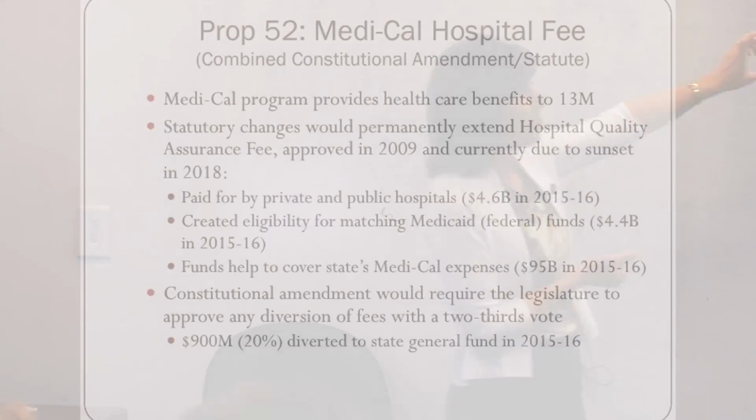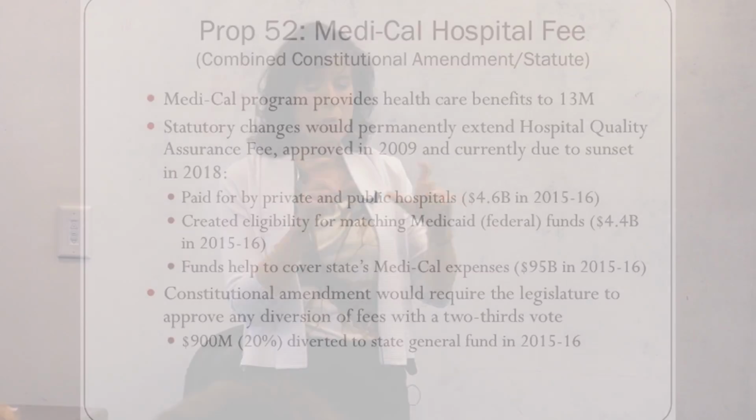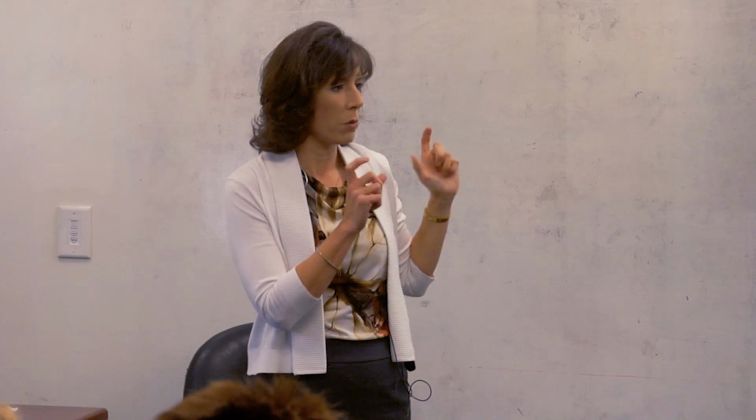And people thought that if it was a healthcare assessment fee that hospitals are paying, that it should really be earmarked for healthcare costs. And so this constitutional amendment would basically tell the legislature they can't do that anymore unless they pass it with a 2/3 vote, which is pretty hard to do in any given year. So that would kind of reserve those fundings. If the funding was extended, we reserve it just for healthcare costs.